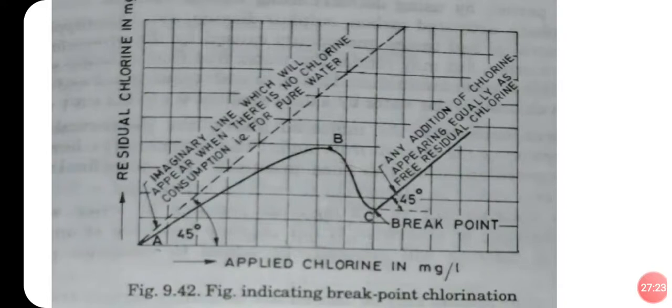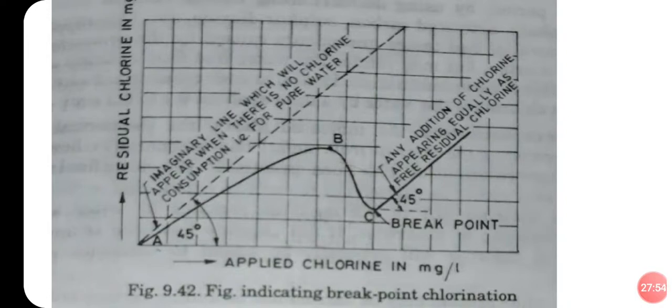In the graph, the process starts from A and continues up to point B. Beyond point B, major chlorine is again consumed for oxidation of the organic matter present in the water. Do you understand? Its consumption is more, so therefore there is a drop from B to C. So one thing you remember: from A to B, ammonia consumption, and from B to C, oxidation of the organic matter.